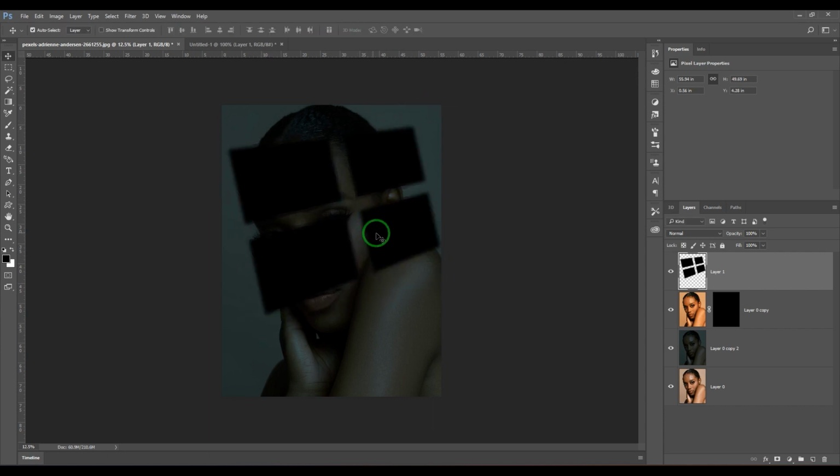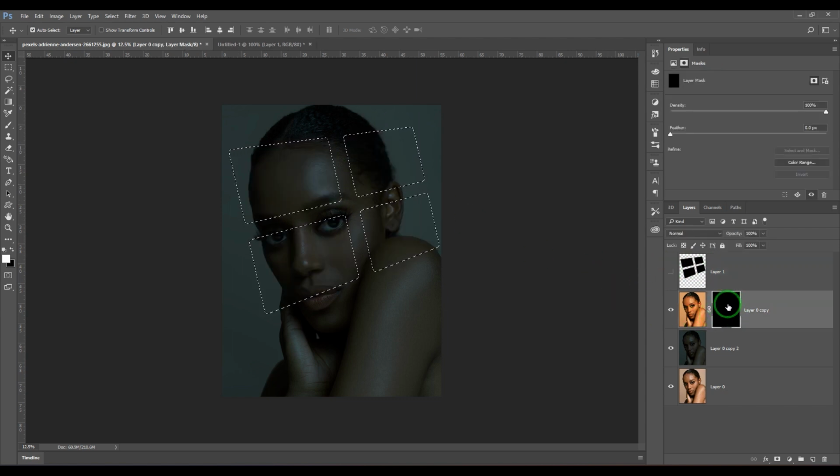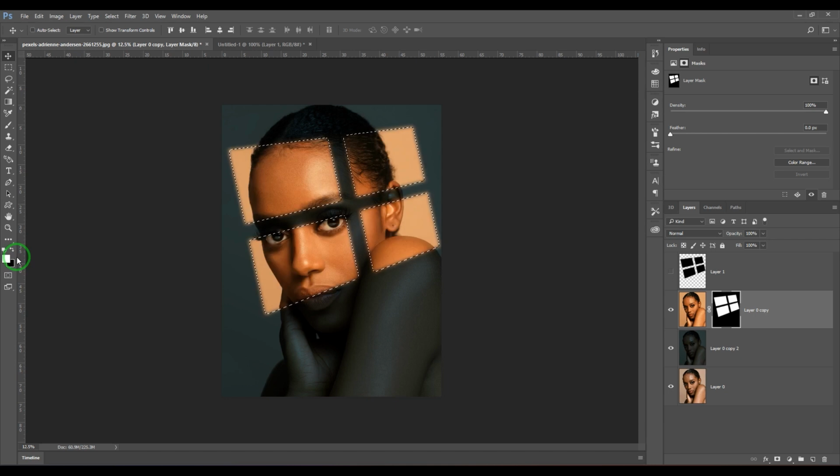Hit enter. Now what I'm going to do is I'm going to select the pixels of this layer. For that, hold Ctrl and click on the thumbnail. So that selects the pixels and hide it. Now come here and select the layer mask. Make sure that you have white color in the foreground and press Alt backspace to fill it. Now you should be able to see that this photograph is getting some light from a window which is sort